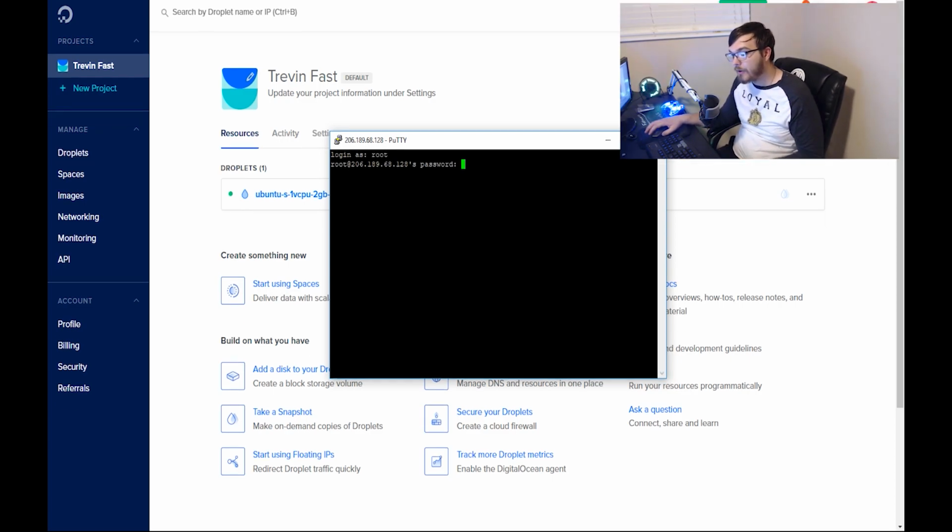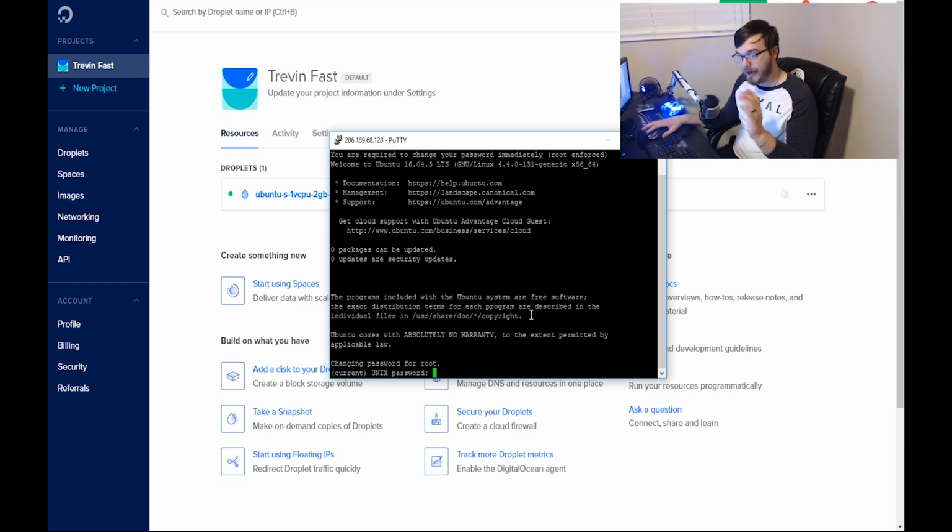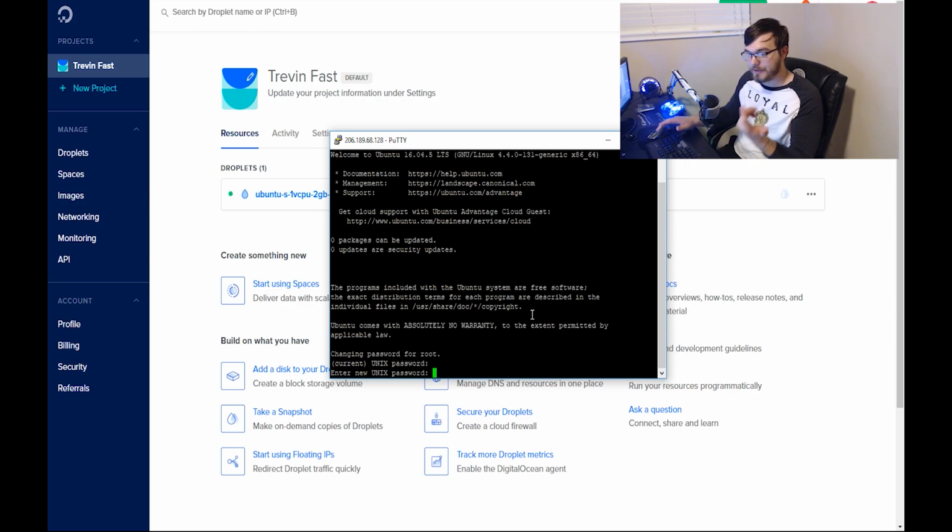Fantastic. So, control copy, control paste does not work in these console programs. So even though that doesn't work, you can just right click after copying it from your email and hit enter, and it will work. So right click is paste in this scenario. So you right click, paste again because it asks for your current password, and then you want to make a password that